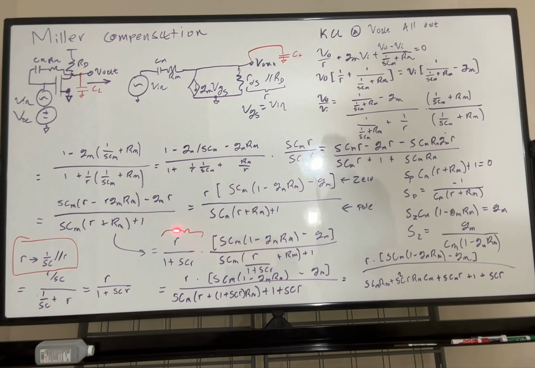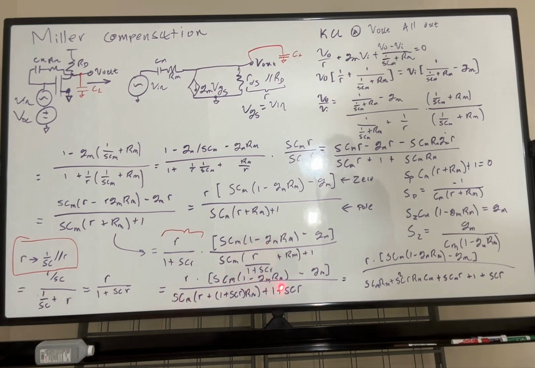Great. So now we have this term here. And I like to write it this way. It's convenient because now one of the poles, or what looks like a pole, is preeminently jumping out at you. And of course we had to turn this R, this one here, into R parallel SC, right? Okay, great. Now we do a little bit more algebra,